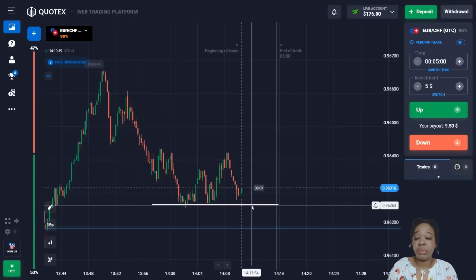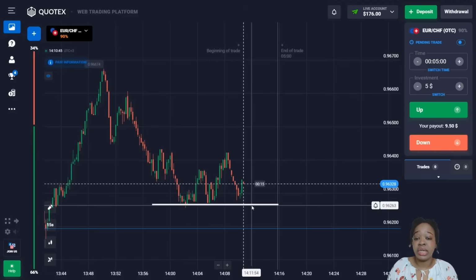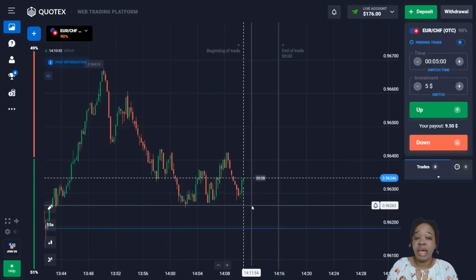Or for example, if the price goes beyond the lower limit of this level, then in a similar situation I'm going to open a trade to go down, since in such a situation it's more likely that the price will continue to move to the main level of support. And friends, with any development of the situation, I will act and open a trade, but let me wait and